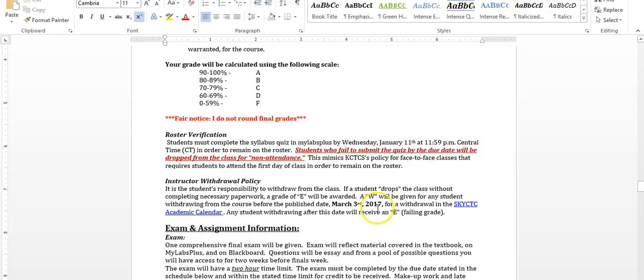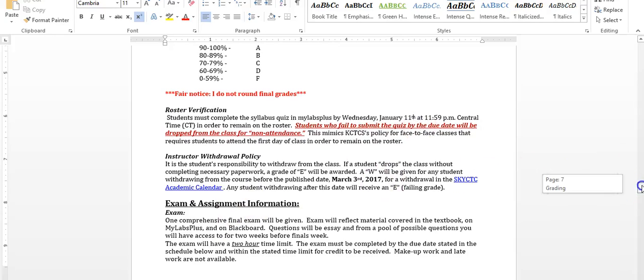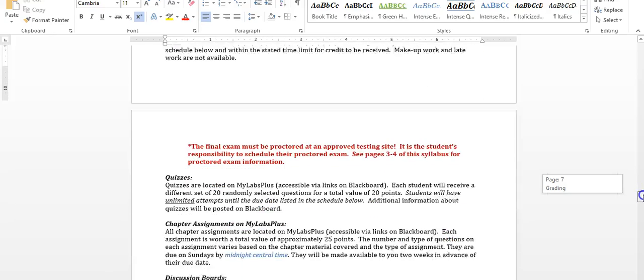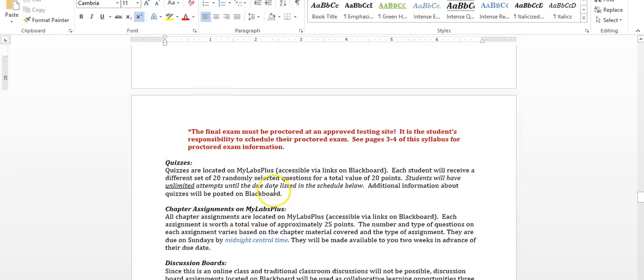Cool. Withdrawal date, same as the school. Exams, you've got one final exam. Every 3 weeks or so, you have quizzes. And what this is, I have a pool of questions, and you have unlimited attempts. I can reset it for you as many times as you want, and you'll get 20 questions from the chapters that you'll have to answer. And I'll keep your best score. So there's no reason to not do well on them. And then you've got